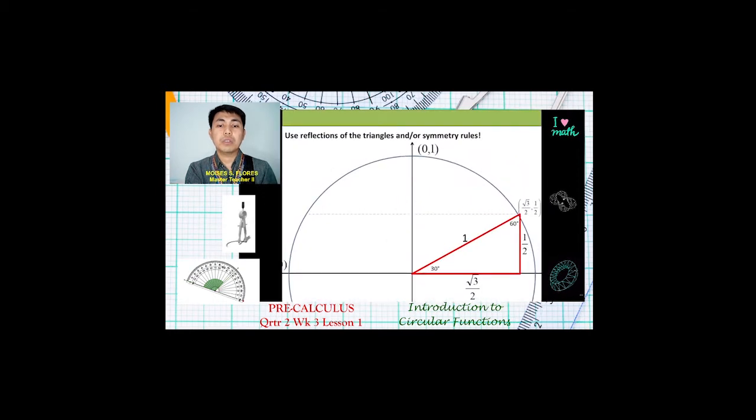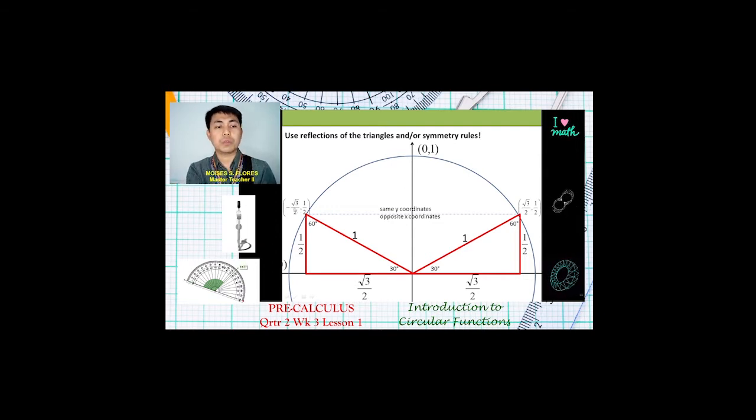Okay, so how about the others? On the other quadrants of our unit circle, how do we determine that? We all know that when we use reflections of the triangles, it is said to be symmetric. So symmetric rules, the same is true here. So what will be the difference? It's just a matter of what? The same coordinates with respect to y, but of course opposite sign with respect to x. So therefore, we have negative square root of 3/2 and of course 1/2. As you notice on quadrant 1, and then of course this is on